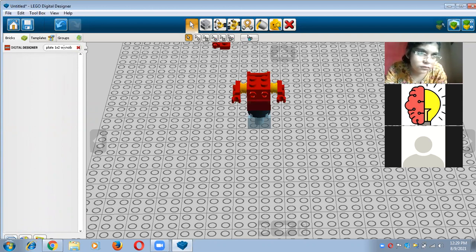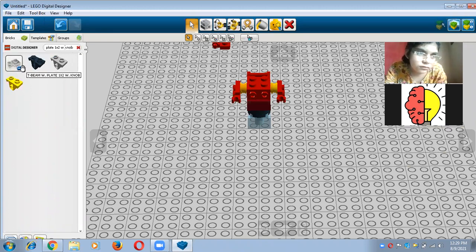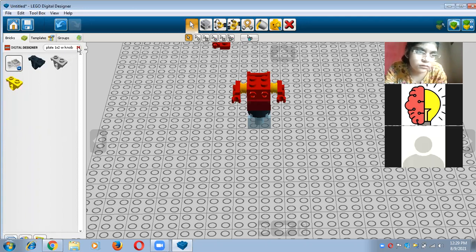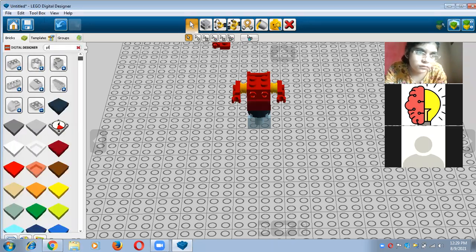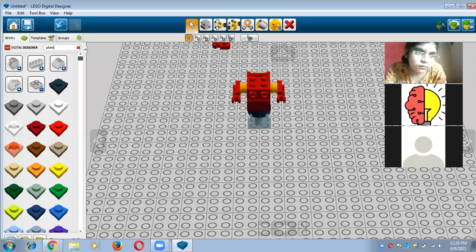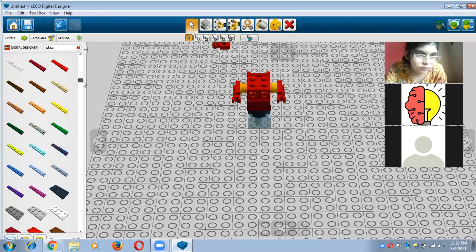So I'm typing here W knob plate. Yes, not this one. I'm just canceling this search, and right now I'm typing here plate, and then I'm just finding here.